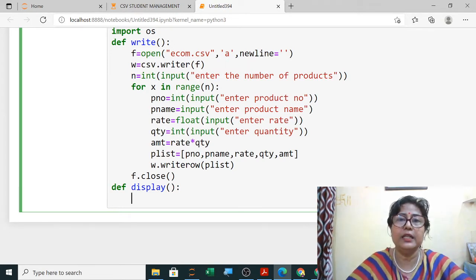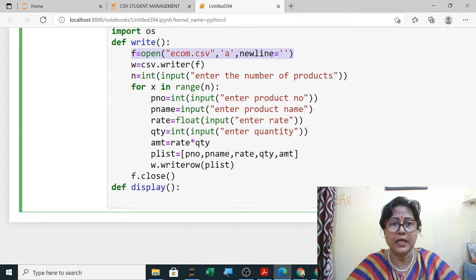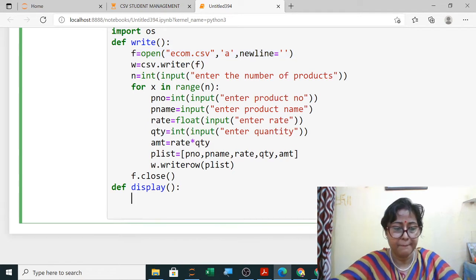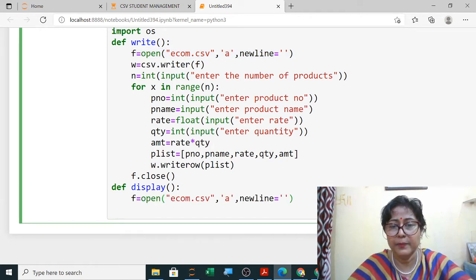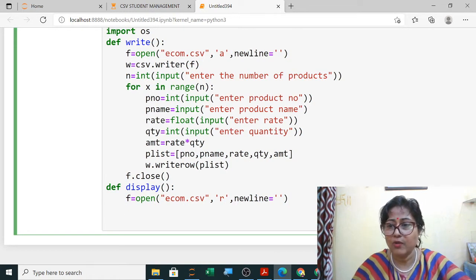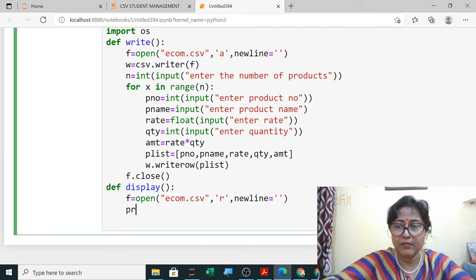So before reader, I have to open the file in read mode, and then I have to use the reader function. I am just copying it from here. Only this will be in read mode. Now I want to open a file. Here I can give any name, product, one by one it takes all the products, any name you can give. Now I have to use the csv dot reader function.